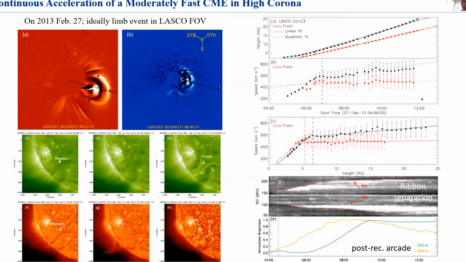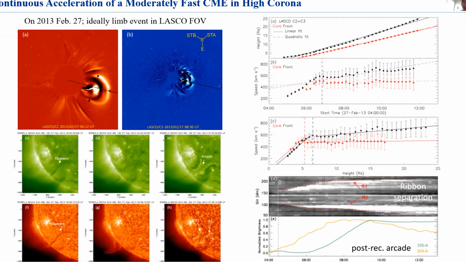We focus on the late phase. A linear fit to the speed-time profile shows that in the late phase, the CME also has continuous acceleration, which extends for a few hours, 4 or 5 hours,